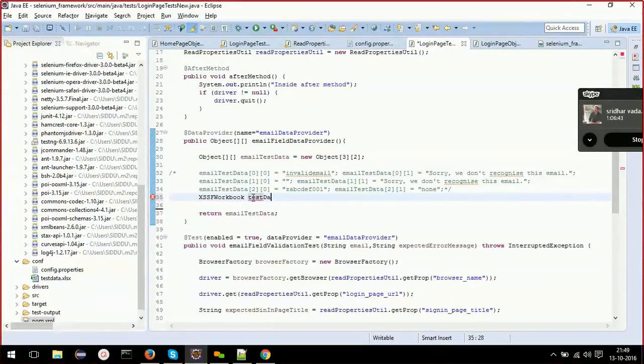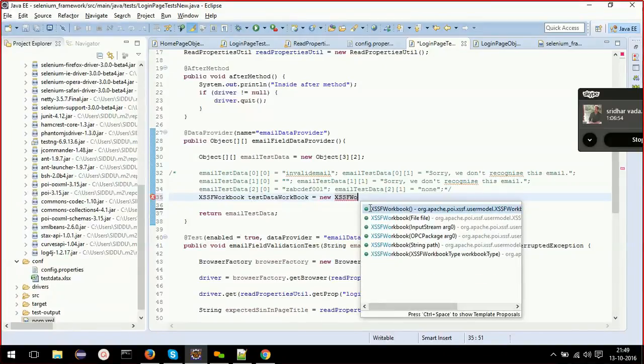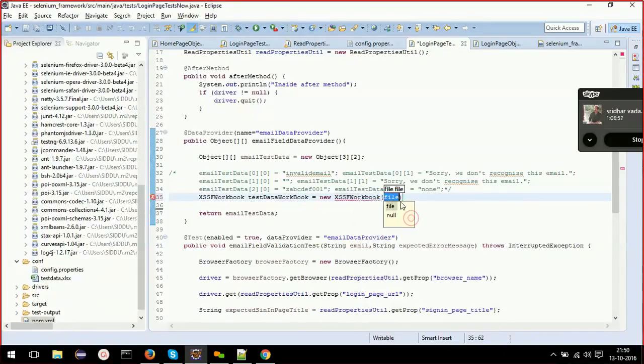Test data workbook equal to new XSSFWorkbook. See, it has multiple constructors. I'll go with this file. Since I have already created this file, all that I need to do is pass that file as the argument to this constructor. New file. What is the name and location of the file? That is present in conf slash testdata.xlsx.